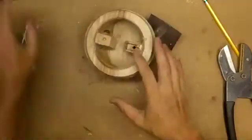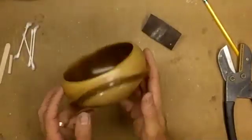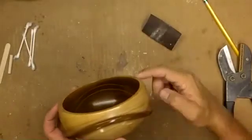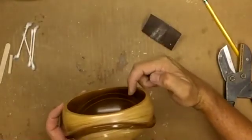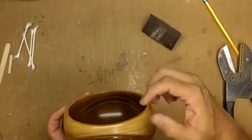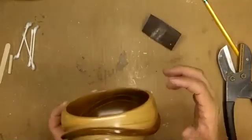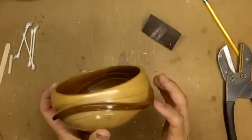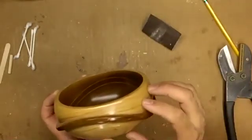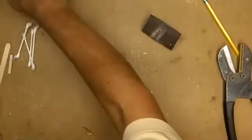One more little thing I didn't talk about, and I want to add this in for you. On this piece here, you'll notice on the inside, the joint that was cut has been accented by a veneer. So I've actually put a light-colored veneer into the joint, so it sells the design inside and out. It carries this light color on the inside and sells the design on the inside. If you want to do that,